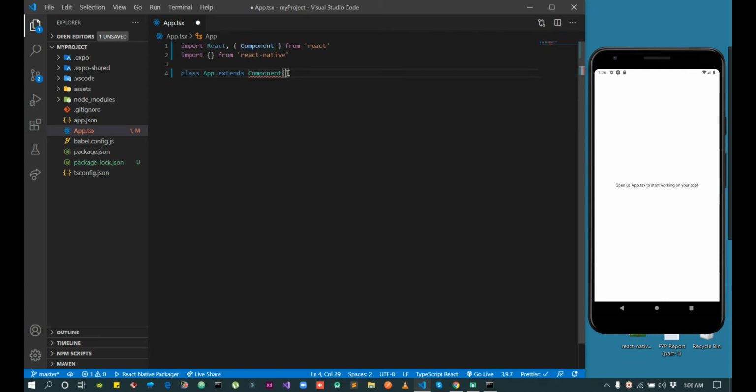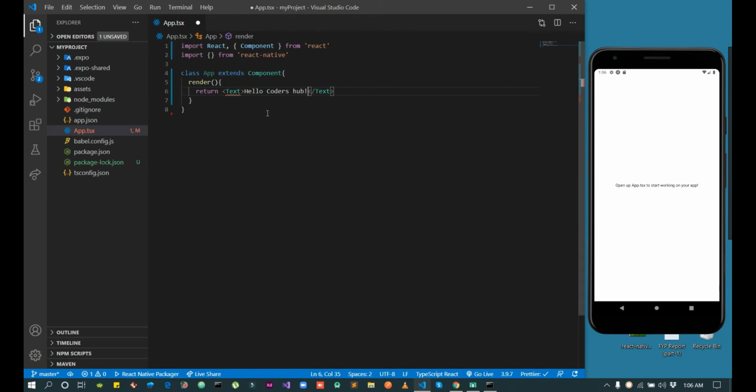We will place class brackets and render a component, and in the render function we will return JSX: a Text that says hello coders hub.